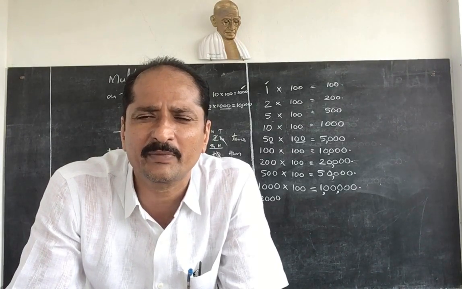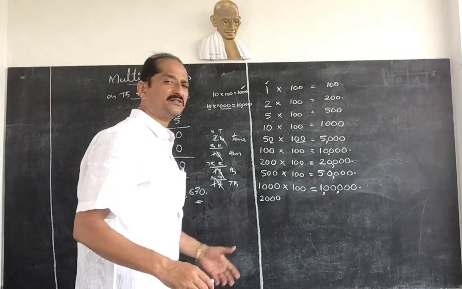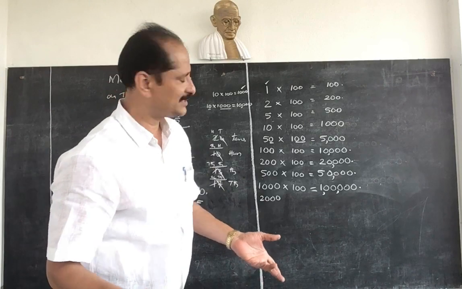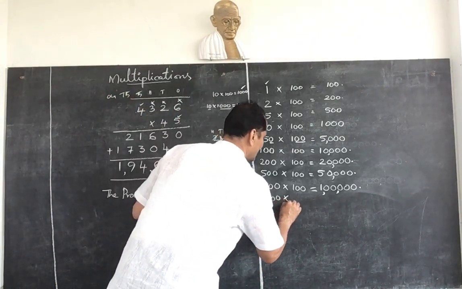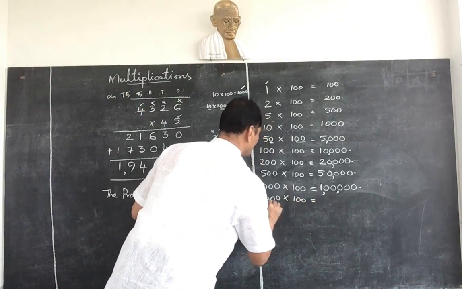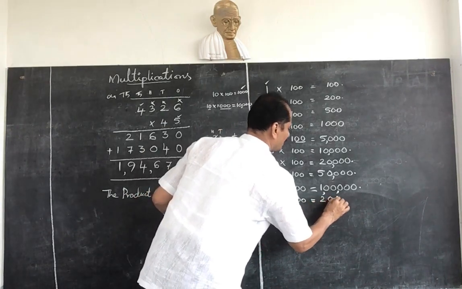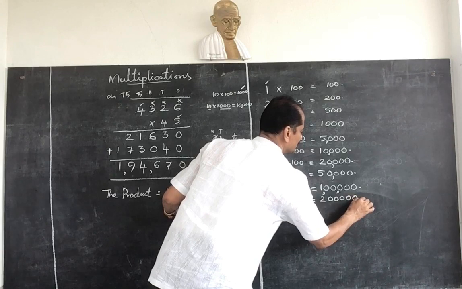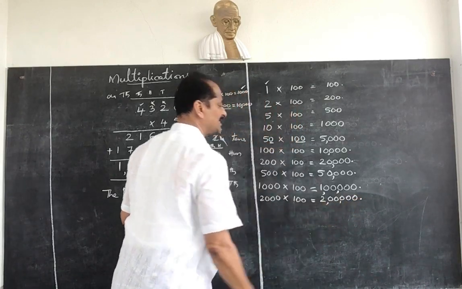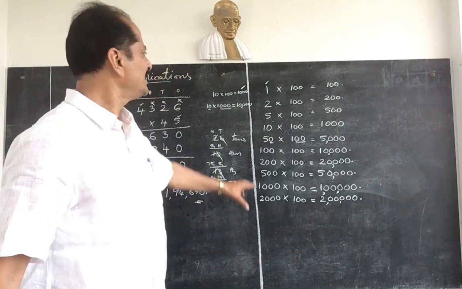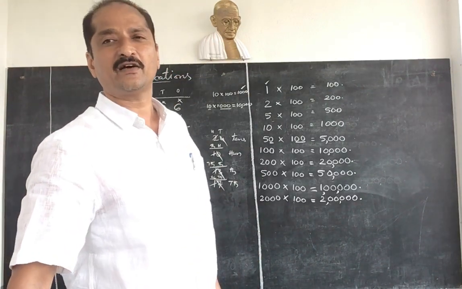If it is a 2000 rupee bundle, it becomes 2 lakhs, simply. Okay, 2000. If it is 5000, then 5 lakhs. If it is a 10,000 bundle, then 10 lakhs. That's simple. So 2000 into 100 gives, 2 into 1 is equal to 2. Afterwards 3 plus 2, 5 zeros. 1, 2, 3, 4, 5 zeros. Then it becomes units, thousands and lakhs. 2 lakhs. Okay.